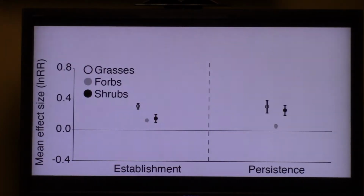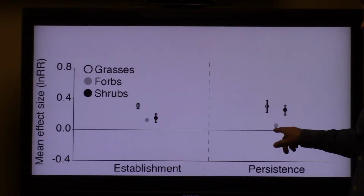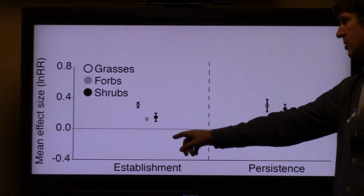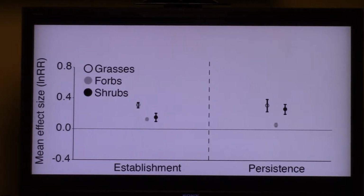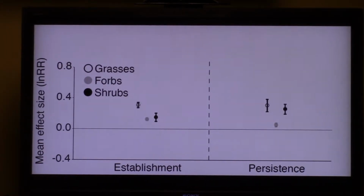So we can also look at some other interesting things here. If you pool all the grasses, all the forbs, and all the shrub responses together, you can generally see here that in the establishment phase, after the first 4 years, all three of those functional groups, if I can use that term, established quite well, and they all persisted. So I guess my conclusion at this point would be that the seedings are working, and when you focus on species that didn't necessarily exist on those sites before they were seeded, you can see that the effort put into